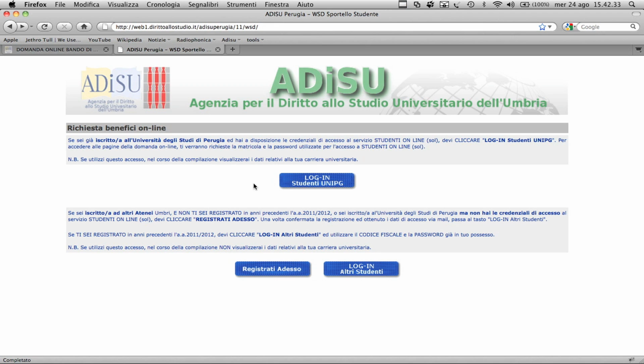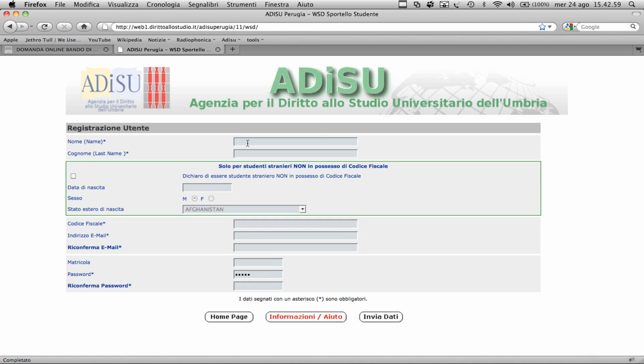Registrati adesso. Enter this page if you are going to enroll or if you are already enrolled to another atheneum and university, such as Università per Stranieri di Perugia, Conservatori di Musica di Perugia di Terni, Accademia delle Belle Arti di Perugia, Istituto Universitario di Mediazione Linguistica. Enter this page if you haven't already got your identification and access data to the service Segreteria Online SOL UniPG, or if you have never enrolled before the academic year